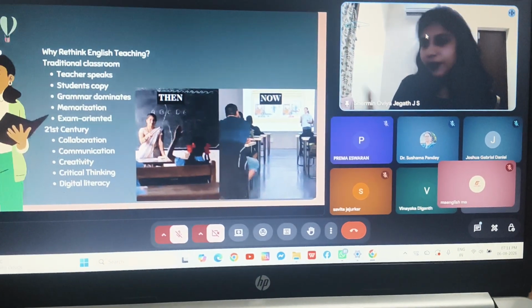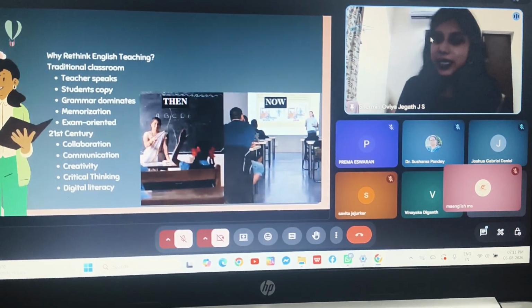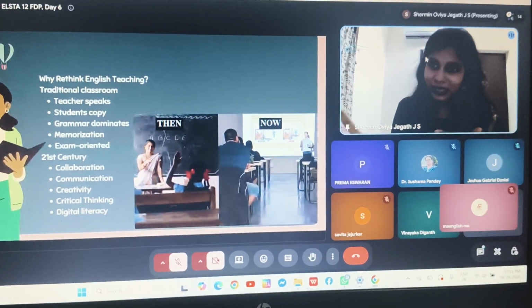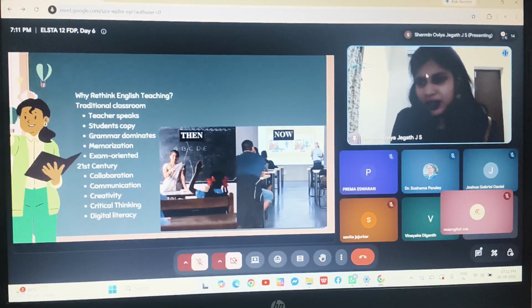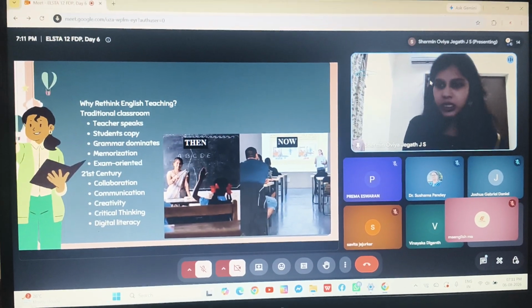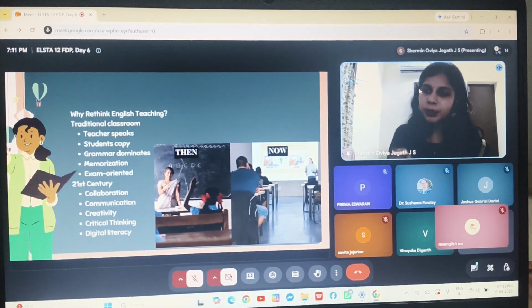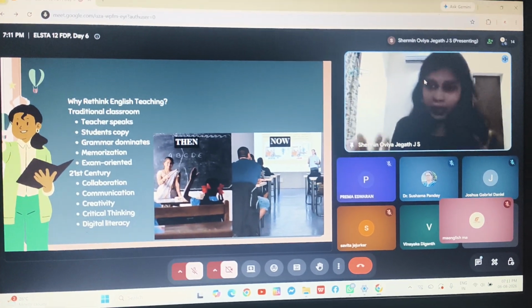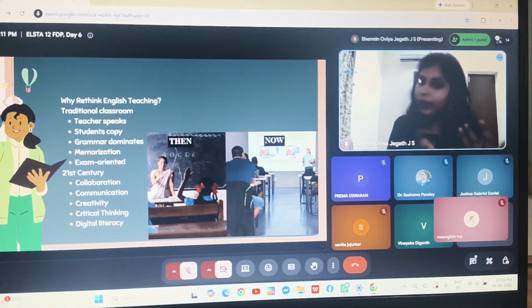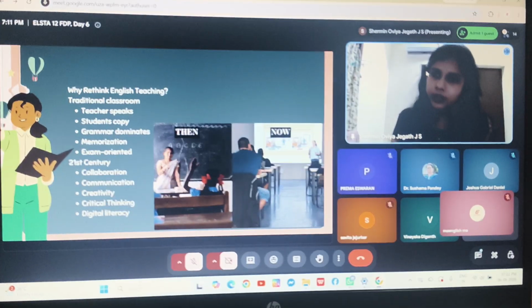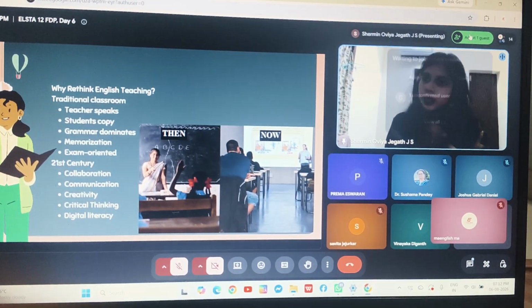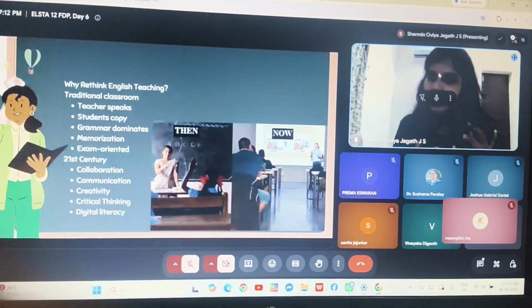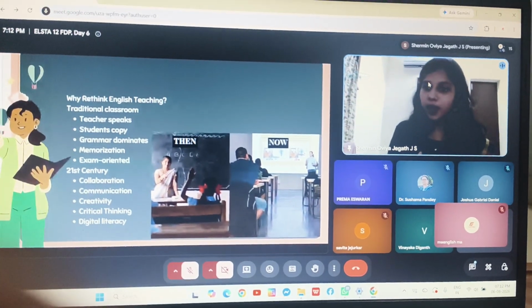And memorization, obviously, for the sake of exams, and all our assessment patterns, will focus on the written skills, not on the speaking skills. All our assessment patterns, even the semester exams all the universities conduct in India, everything focuses upon the written skills. Again, the memorizing capacity of the students. And again, because it is exam oriented, it involves memorizing skills. Only the memorization skills of the students are dominated.